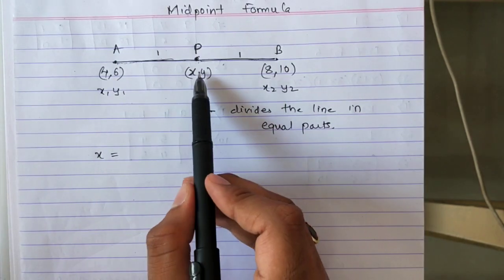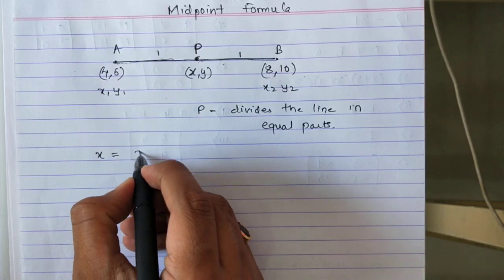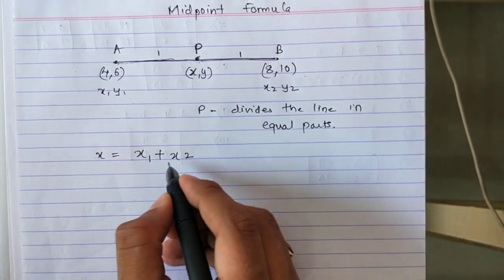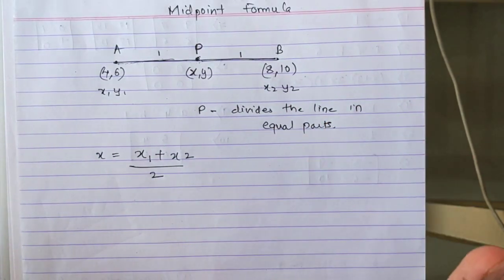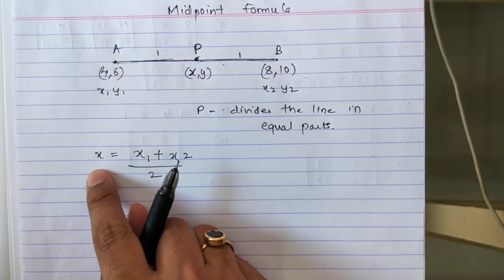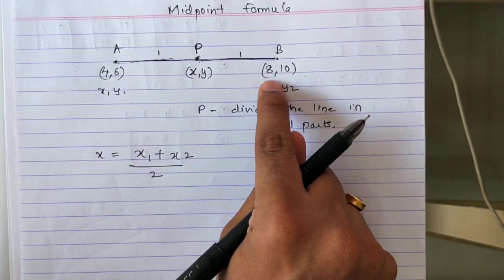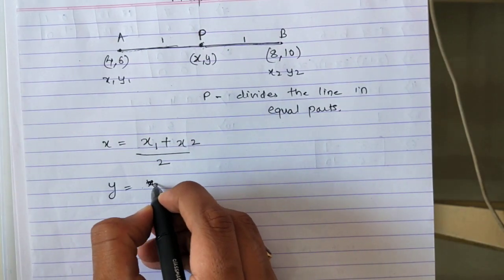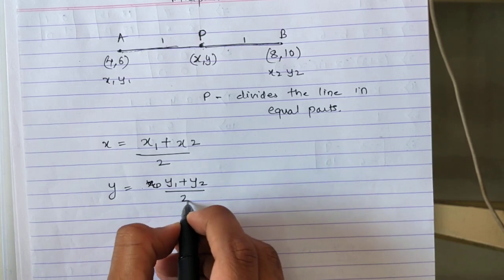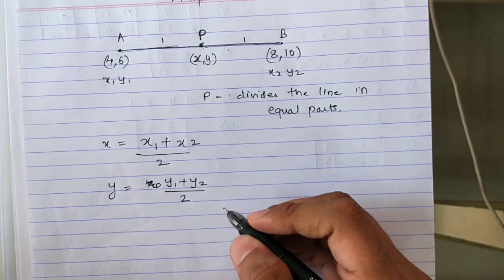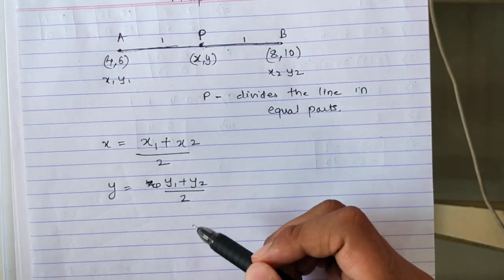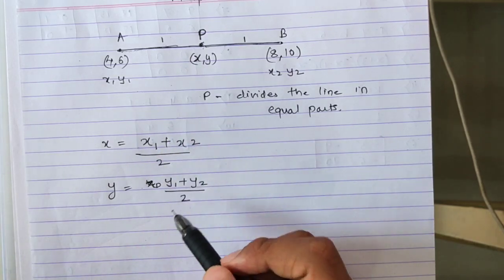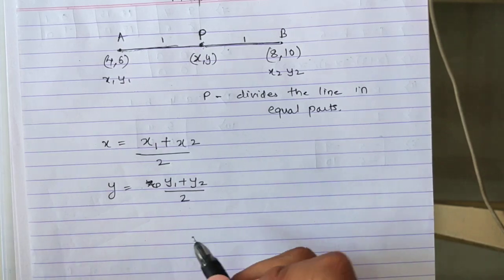That is very important. So to find the value of x, the formula is x1 plus x2 upon 2. That's it. Small formula for x. It's very simple formula. Add x1 plus x2 upon 2. We got x. How to find y then? y1 plus y2 upon 2. In a previous video, I did a sum where I need to find y, but I mistakenly wrote the formula of x. Sum was solved correctly, just in the place of y I wrote x. So just rectify that.